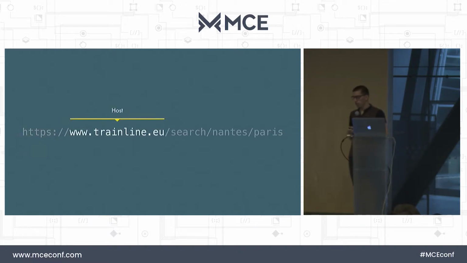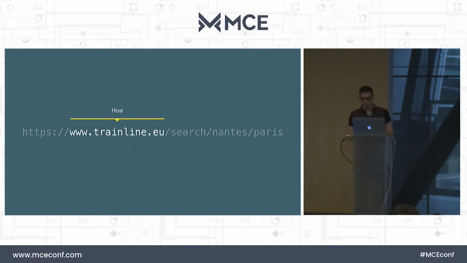The second part is the one after the colon and two slashes. In this case, it's called the host. Most developers will call that the domain, but it's actually a little bit different, because the domain would only be trainline.eu, and the host also includes the subdomain. Okay, so there is a tiny difference here. So here the host is